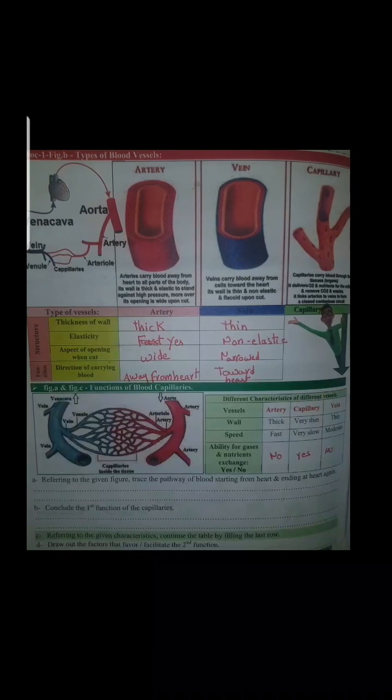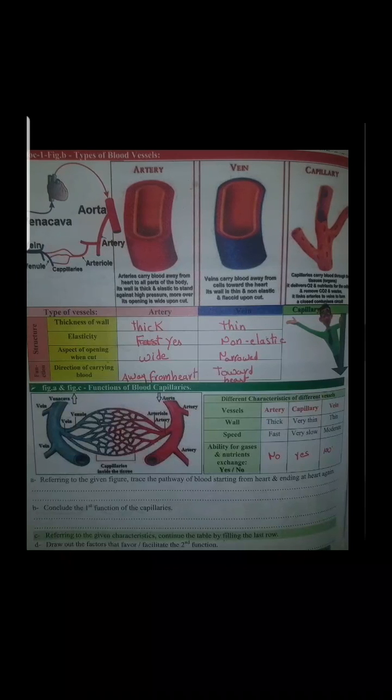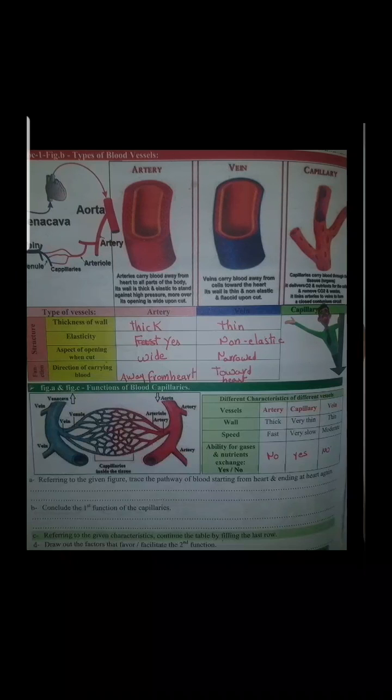Let's see the table of different characteristics of different vessels. I have arteries, capillaries, and veins. Wall: the artery is thick, the capillary is very thin, the vein is thin. Speed: the arteries are the fastest, very fast, the capillary is very slow, and the vein is moderate. Ability for gas exchange: the arteries, of course, no, they only deliver blood. The veins, no, but the capillary, yes. So what distinguishes the capillaries from the arteries and veins is that they have the ability for gas and nutrient exchange between the tissues, whereas the others only carry the blood. So the difference between them is that